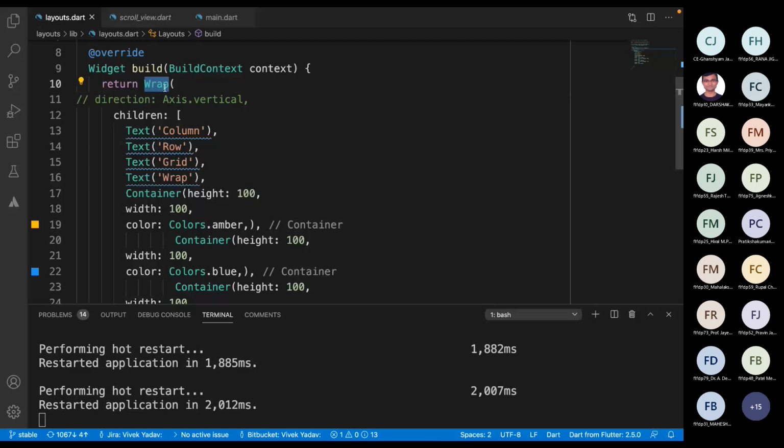List view works the same as a column. It just provides us one more property, that is scrolling through the column's widgets. So we have a lot of widgets, for example wrap and column. First we have to know what properties they are providing, and then based on our use case, we go with those widgets.